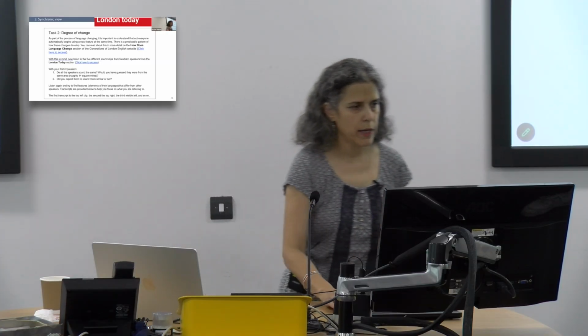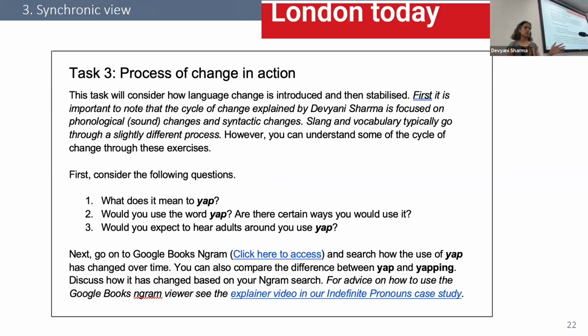All right, so there's a third task that we're done in terms of time now, but just mentioning that there's a third task in the extension tasks that you have online, and this one is a nice example of doing some searches on your own for students to do on their own, where they pick out a feature of language and see how it might be going through a cycle of maybe coming out of the vernacular, becoming standardized.